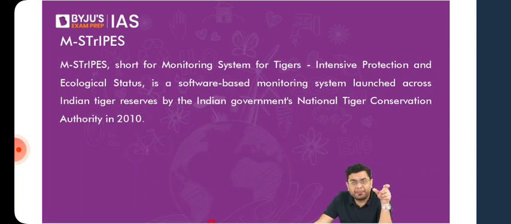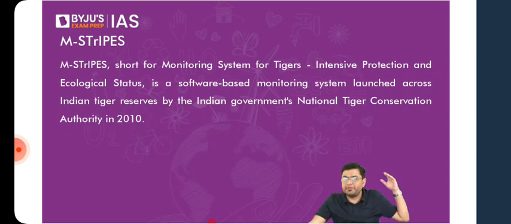Now, what are those camera traps? Camera traps are basically motion sensor devices, tied to the trees, where if there's any kind of motion, the cameras start clicking pictures immediately. Any organism or any kind of movement in front of them triggers it. That is what is referred to as a camera trap.